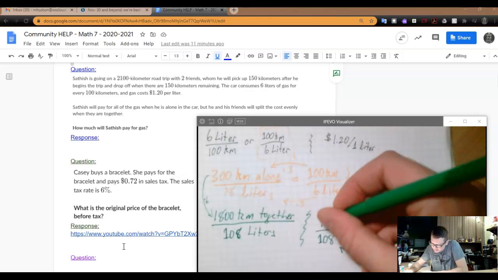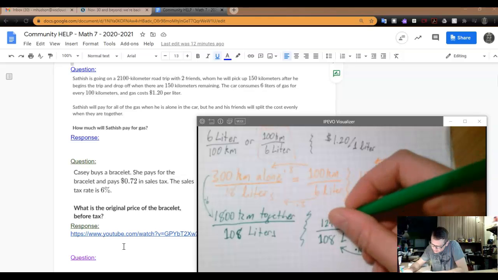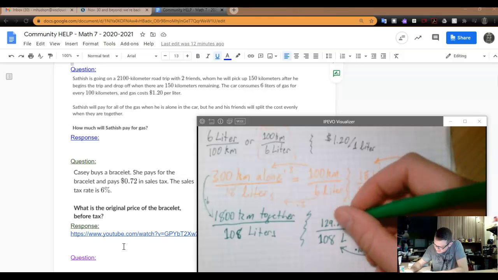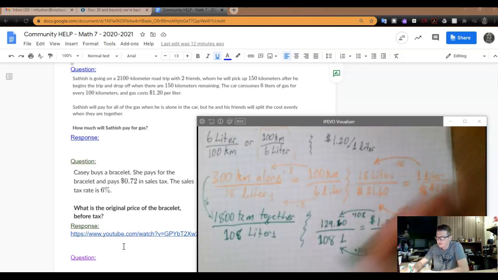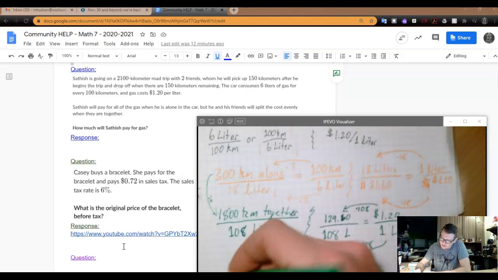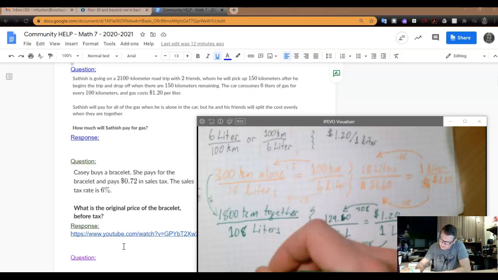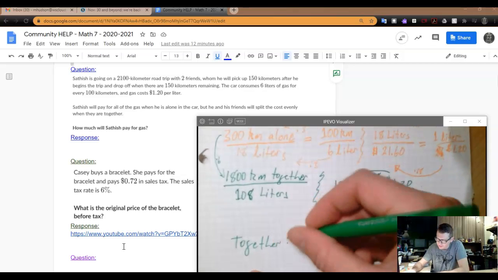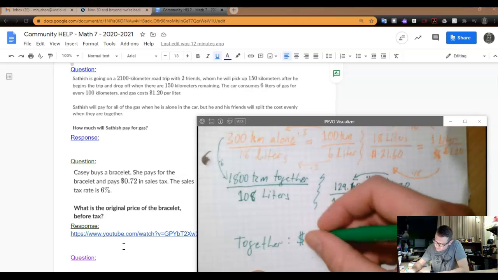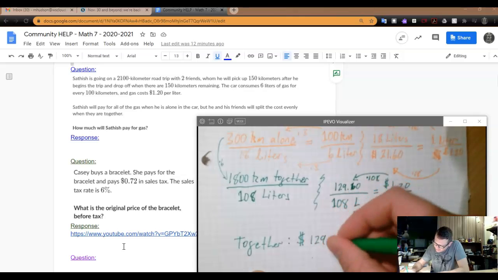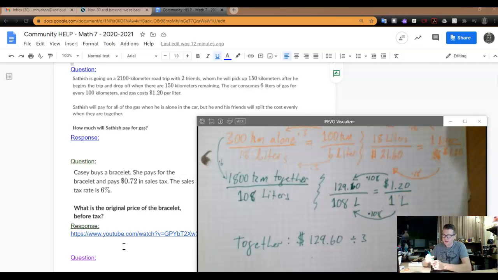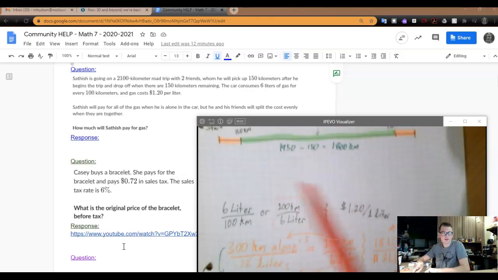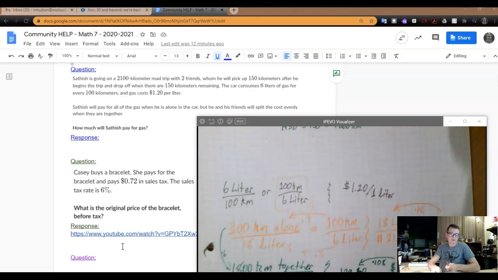$129.60. Sorry, getting tripped up on my numbers. So if that's the together amount that they spent, $129.60, then for each of them, we'll want to divide that by 3. Right, so each of them during that middle section of the road trip,